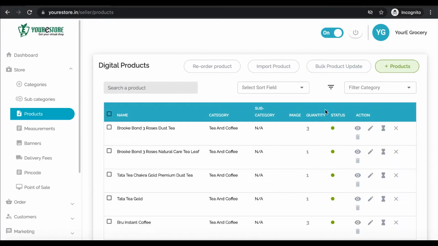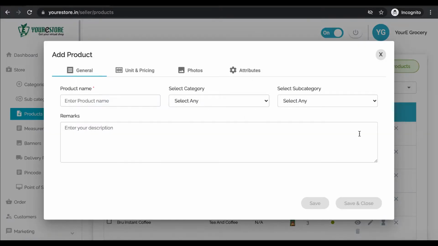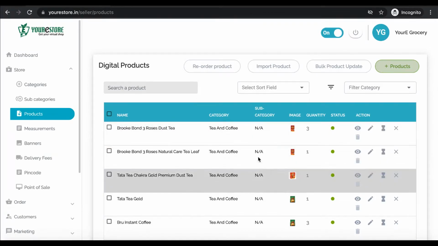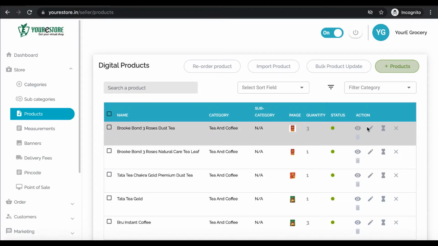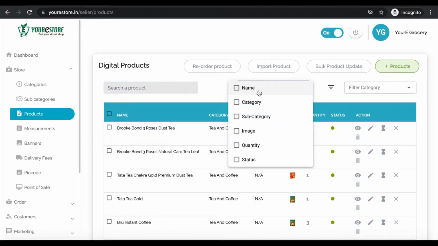Products. On the product page, you can add product details that help your clients better understand the product. Add available sizes, quantity, pricing, images, description, etc. Then you can see the complete list of added products here. You manage products by viewing, modifying, deactivating or activating, delete, etc. You can search, sort, and filter products in various options.